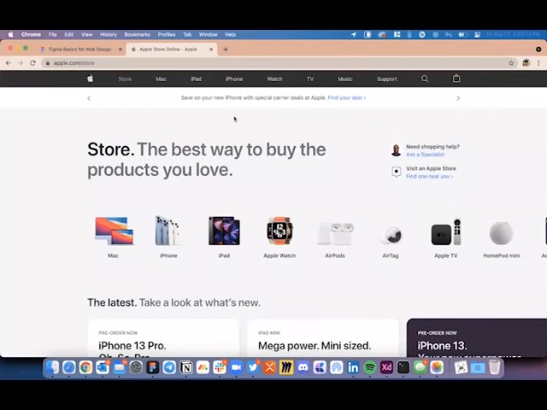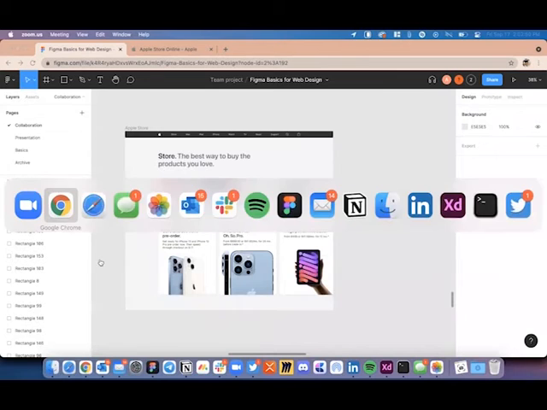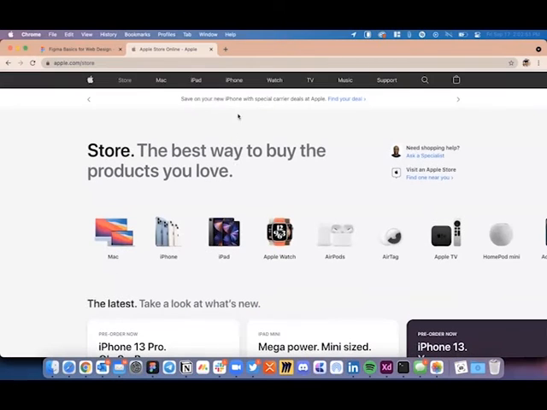The purpose behind recreating an existing website is that most designers, when they start, once they are able to recreate something that is out there in the market, they get a good confidence boost, and they start thinking that if I can create something like this, I can create basically anything I can imagine, or any idea that I have in the future. So we are just going to be learning Figma as of now, so that's why we are going to be recreating it. And this is the original version of the Apple Store website.